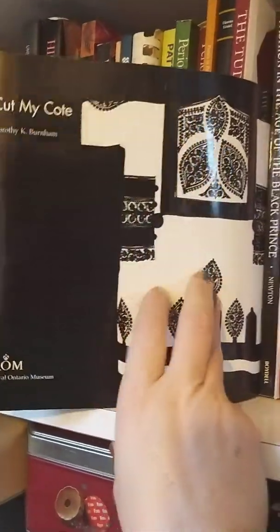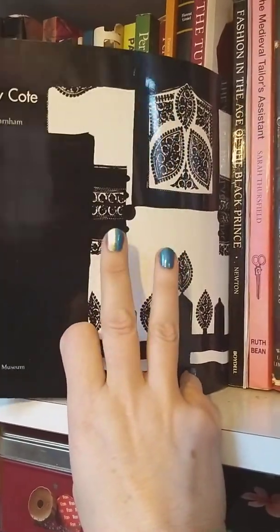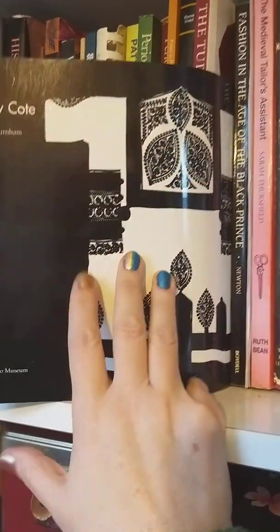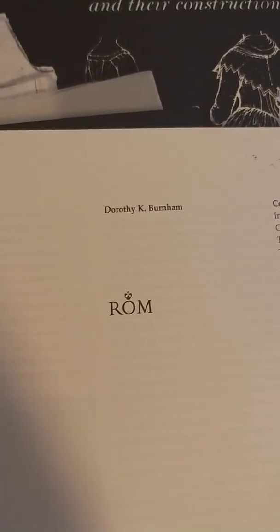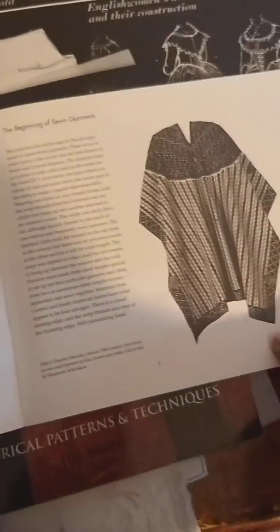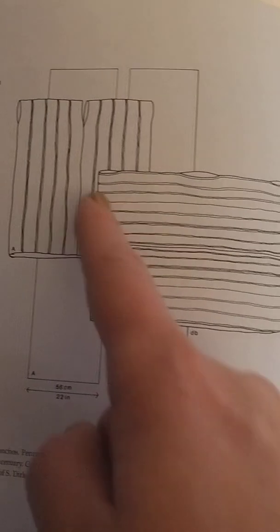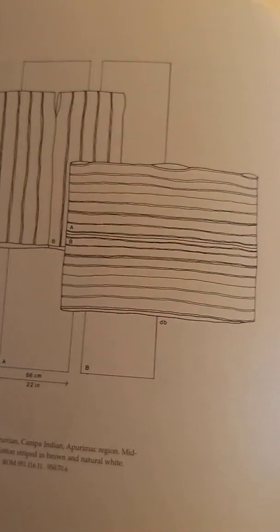It's called Cut My Coat. All it is basically is line drawings and patterns of extant garments from the earliest version of coats or tops or shirts or jackets, by Dorothy Burnham. It again has information: wearing sewn garments, garments without seams, and that's the pattern for it. And then how it sews together, the development of the shirt,